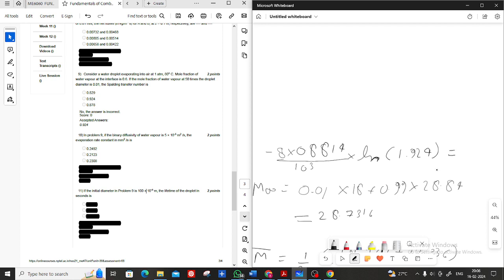What will it be? 4.614 into 10 to the power